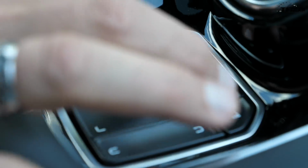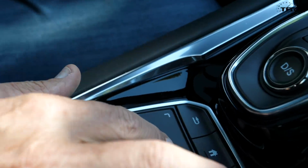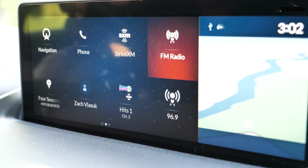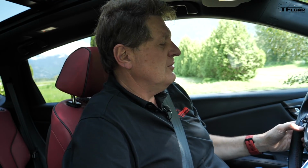At number 4 is this new user interface that Acura says is much more intuitive and much simpler to use. And the way that it works is you have this touchpad right here that basically mimics what you see up above the screen. And there's a second touchpad right next to it that mimics what you see to the right of the screen. I've been using it all day and it's pretty easy to use. What actually has surprised me is that the voice command, which is also improved,